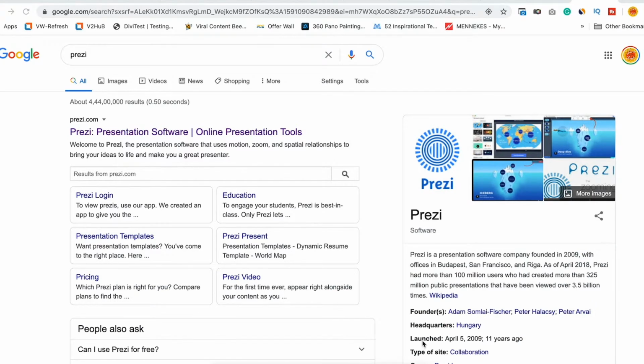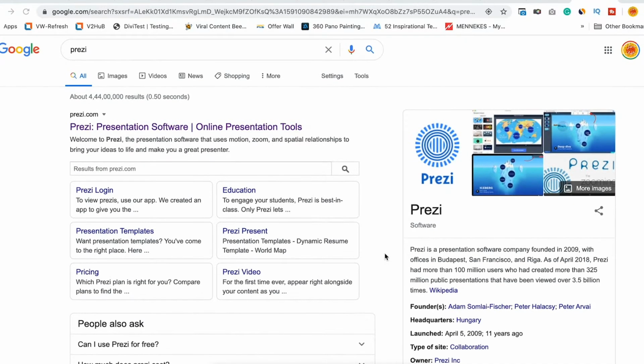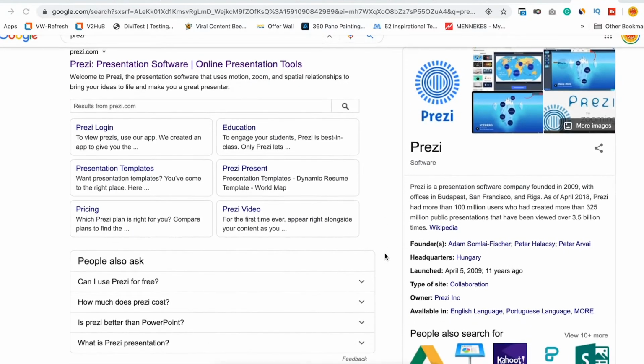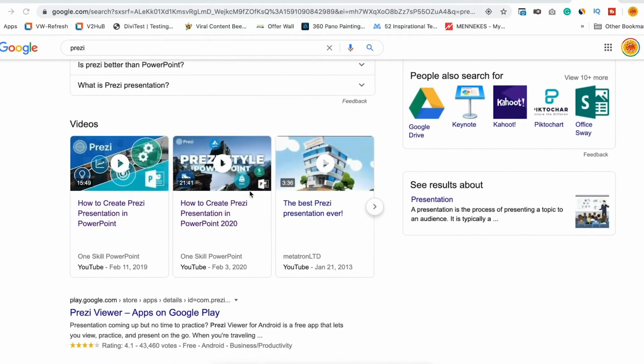And not only that, if you search Google for Prezi, you will see there are loads of presentations that people have already created using PowerPoint. The funny part is that most of the presentations you see are claiming to be Prezi style presentations in PowerPoint. So yes, in PowerPoint